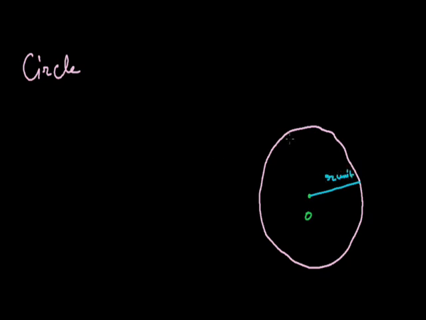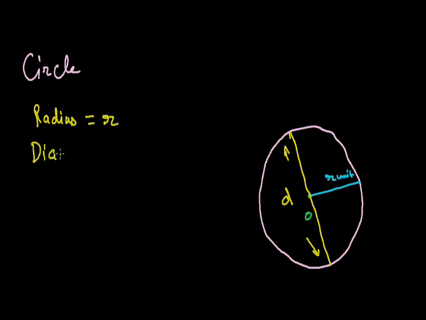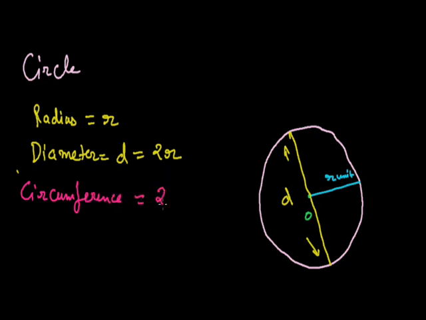Also, the diameter, that is the longest chord of this circle, which is equal to 2 times the radius, is given by D. Here we can write it as radius equals small r, diameter equals small d, and it is equal to 2 times the radius. So the perimeter, or we can say the circumference, of the circle is 2 pi r, and the area